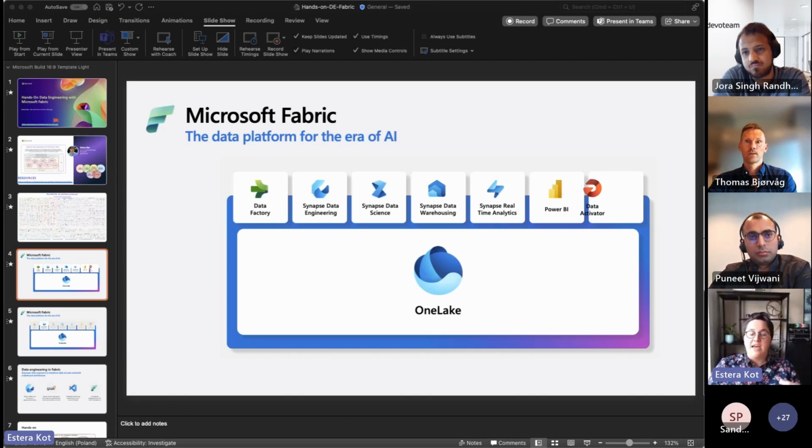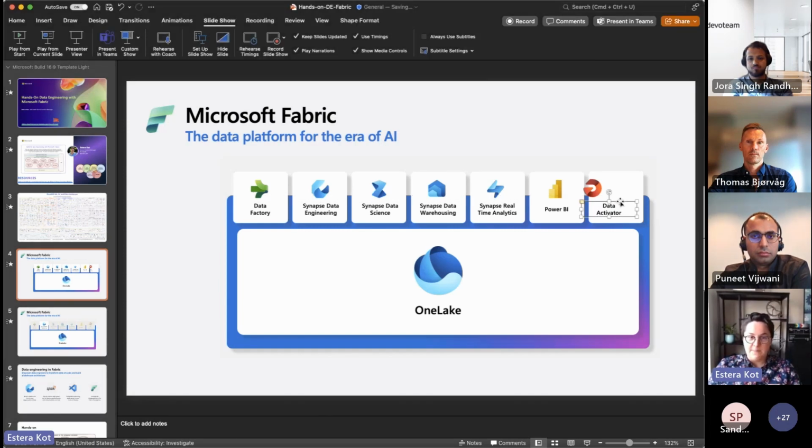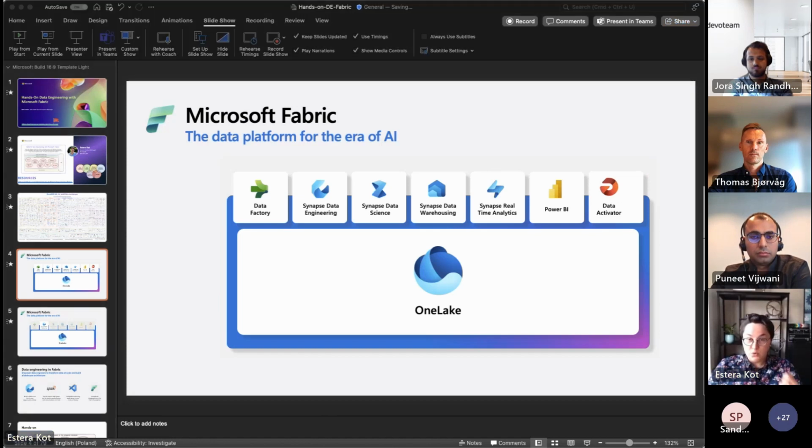The second novelty will be Data Activator, to quickly jump from telemetry to actions. Then we integrated Power BI and data engineering that you can do in Synapse, but with tons of novelties, and always thinking that we are targeting the end persona, a data engineer who wants to do the job, not over-engineer, meaning inventing the wheel from the beginning.